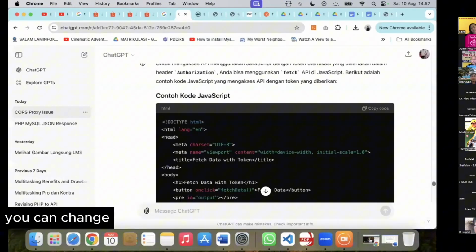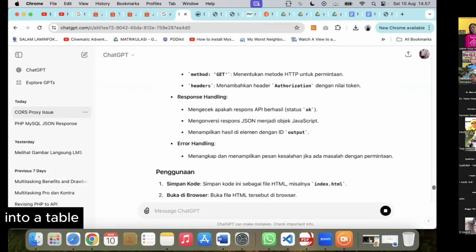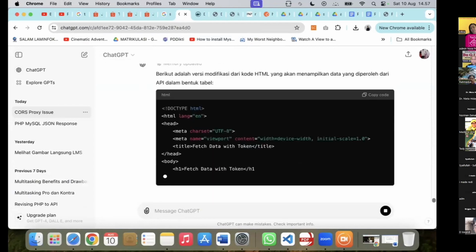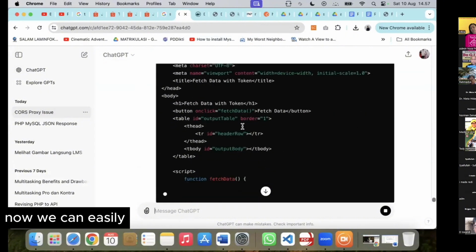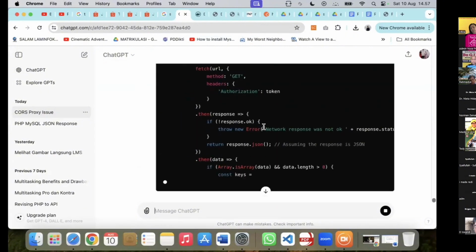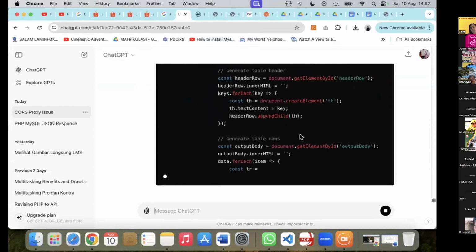You can change it into a table, or now we can easily add something here to change it into a table.